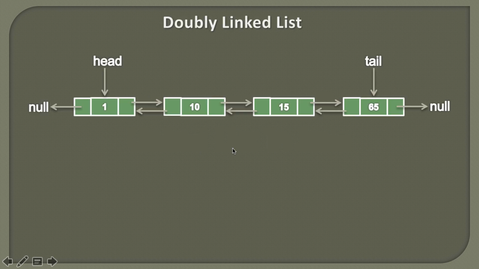So friends, in my previous tutorial I discussed how to represent a doubly linked list. So here if you see, a doubly linked list is basically a head and a tail pointer. The head points to the first node and the tail points to the last node. We also discussed that list node has a next pointer which points to the node after it and a previous pointer which points to the node just before it.